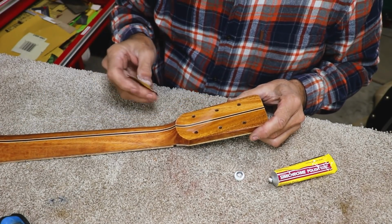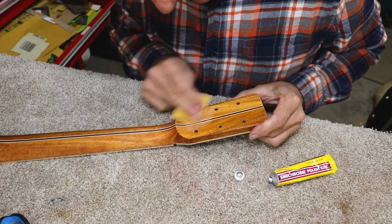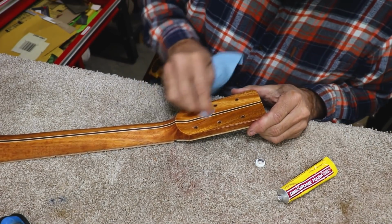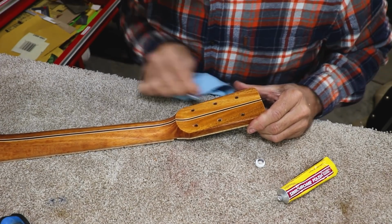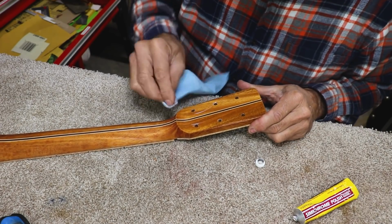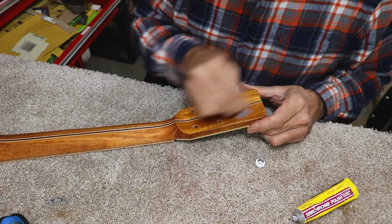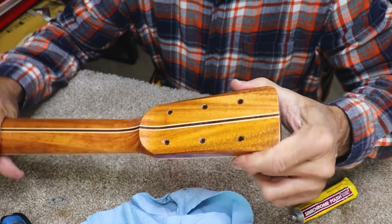See a spot here that's giving me a little bit of trouble, so I'm going to sand it a little bit more, and I believe I can get rid of it. It looked almost like a run, but I didn't really get any runs in putting the finish on it this time, and typically I do. It's really hard to spray on that oil varnish without getting a run, but I didn't really find any runs this time, knock on wood. I believe that looks acceptable for the back of the